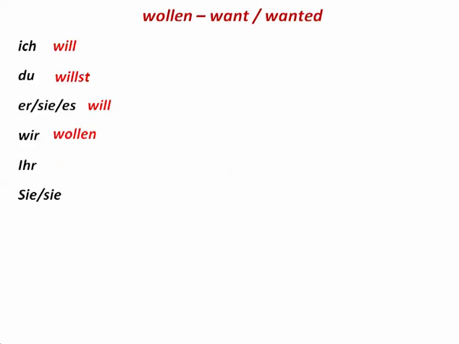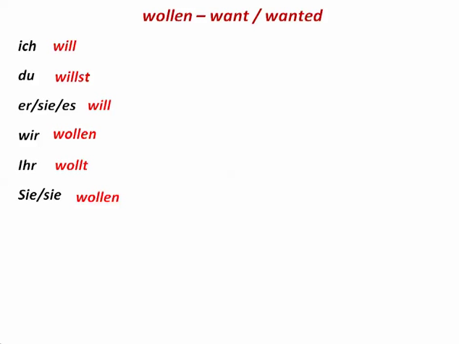So let's start our journey with the modal verb wollen, want. So let's conjugate it in the present tense. Ich will, du willst, er will, wir wollen, ihr wollt, sie wollen. And one thing you'll notice that is common with all the modal verbs is that the first person singular, or the form that goes with the subject ich, and the third person singular, or the form of the verb that goes with er, sie, or es, is going to be the same. And the same is true for wir and sie, or they, or Sie, you, polite.